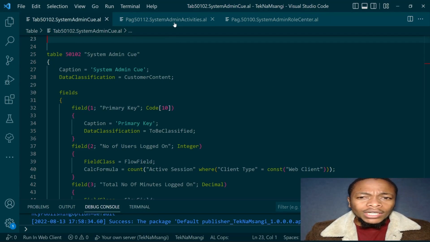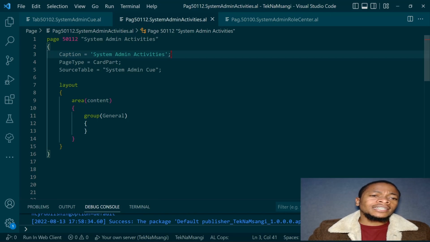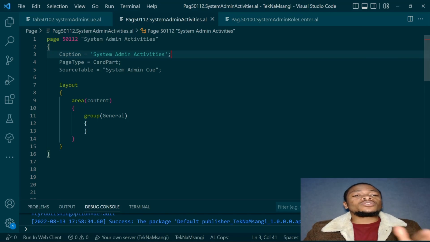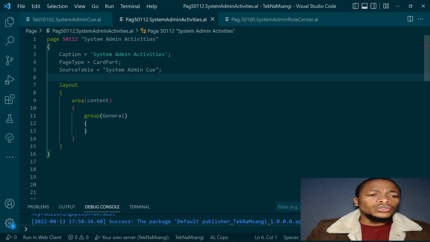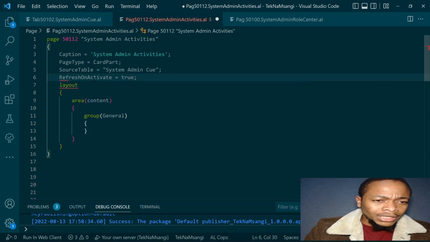So when you go to the queue page, this is the page that we have created, and the naming convention is system admin activities. You finish it with the activities. So we have the system admin activities. The page type is a card type, and then the source table is system admin queue. So the property that we need to add here is refresh on activate. That is true, meaning that